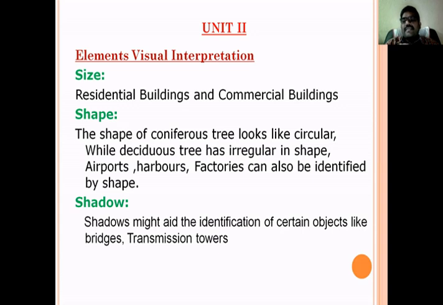Now the second one is shape. Sometimes shape also gives information to the analyst. In the previous case, based on size, we could easily understand what is the residential area and what is the commercial area. Here, if he has an image, spatial information of one particular location, for suppose a forest,